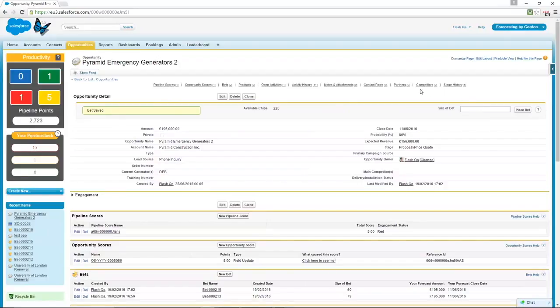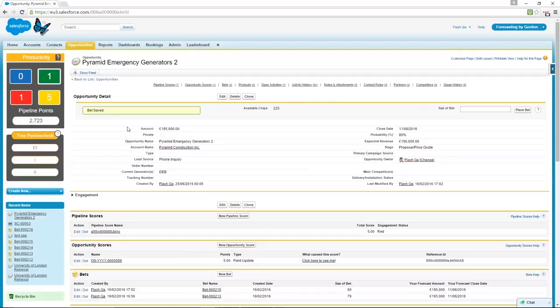It makes sense to use all of your chips because as you close deals, you will win more chips. And it shows which deals I'm actually confident in by the way I stake my chips. So it's a good indication of confidence in those deals.